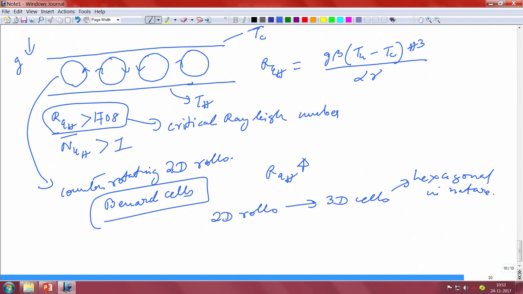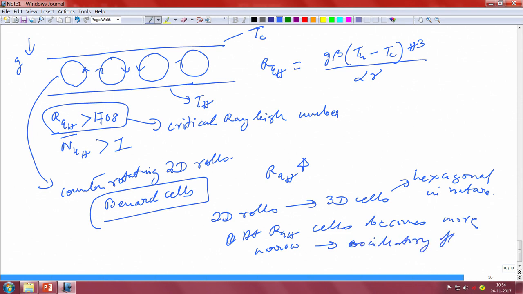And even at higher Rayleigh numbers, the cells become more narrow and far more complicated, and it leads to oscillatory flows, okay, after that, and at the end you get to turbulence as you go on increasing the Rayleigh number. Okay. So, the Rayleigh-Bénard convection has been a topic of active research for many years,